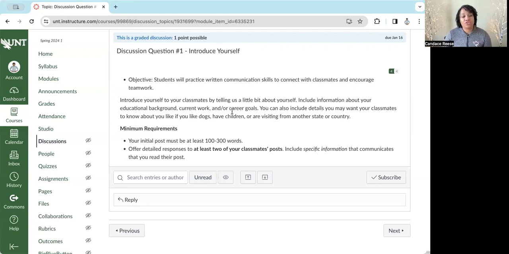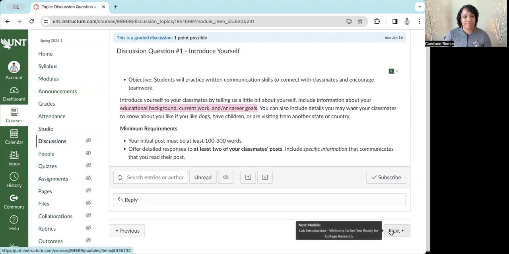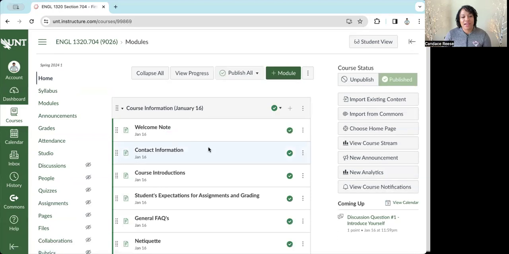In other words, whatever you choose for your semester-long topic will be based on this information. So please make sure that anything you may want to consider for your Right for a Cause topic, based upon your personal educational, workplace, or career experience, you've included in this discussion question. So that's going to round out the first day of class.